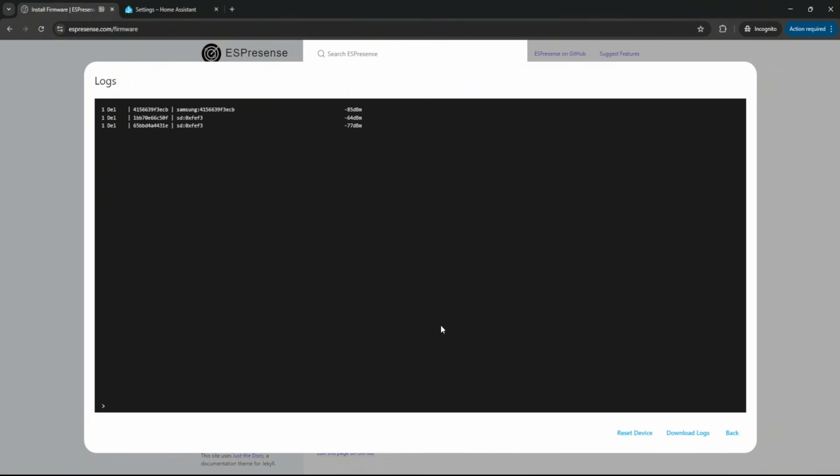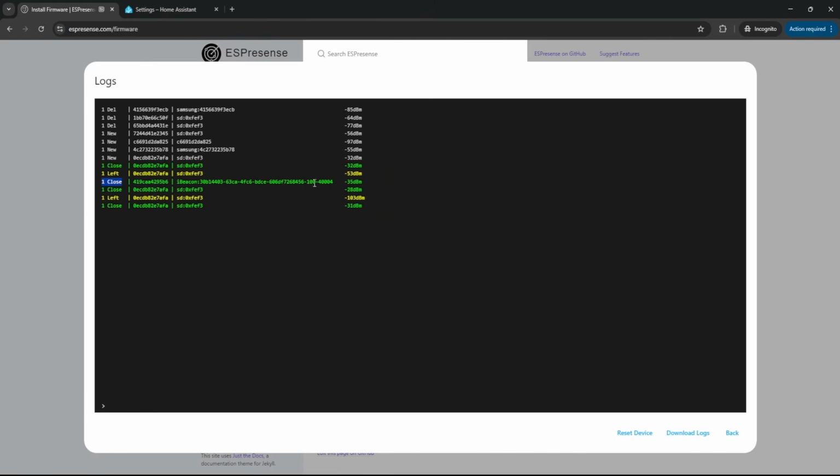And as I bring my phone closer to the ESP32 board, okay, that's now popped up. You can see that it's got close, and it's got here this iBeacon entry, and you'll need to copy that exactly as it is. Now I'm just going to come out of that and show you another way, which is quite similar. So if I just do back,